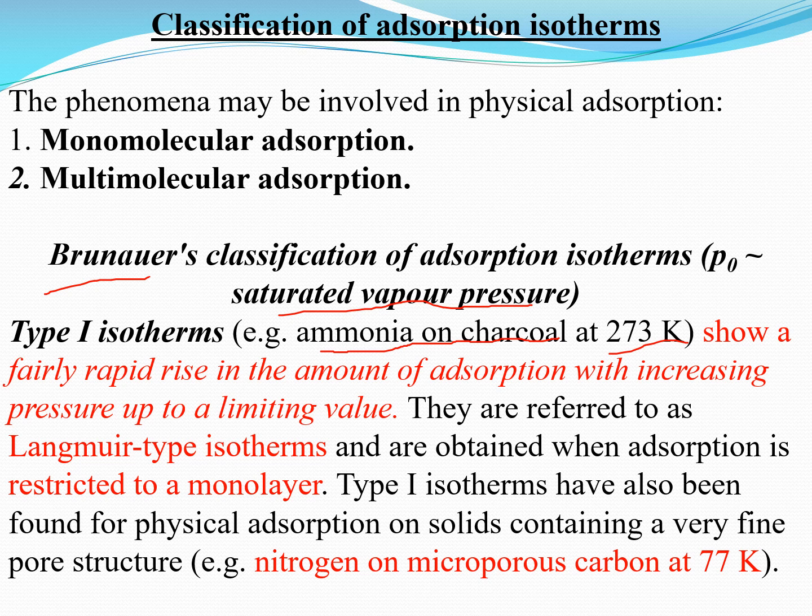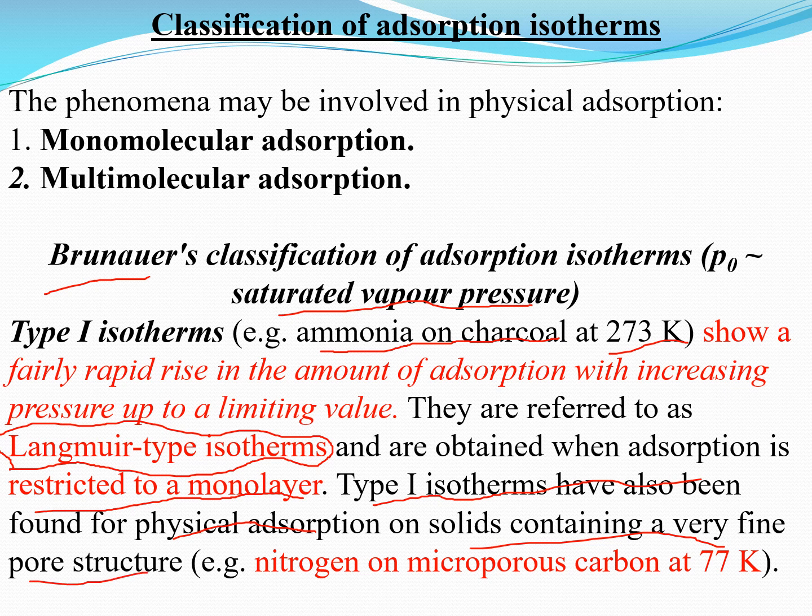They are referred to as Langmuir. Type 1 isotherms are also known as Langmuir type isotherms, and are obtained when adsorption is restricted to a monolayer, only a monolayer adsorption. This is for the monolayer adsorption. And type 1 isotherms have also been found in physical adsorption on solids containing very fine pore structure, and nitrogen on microporous carbon is also an example of type 1 at 77 Kelvin, very low temperature. So type 1 isotherms